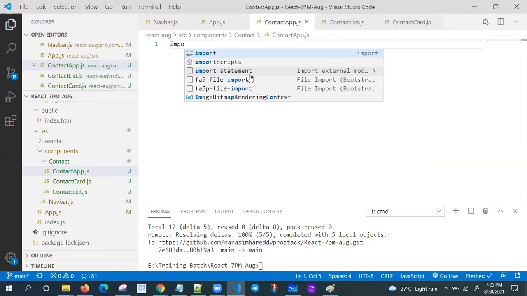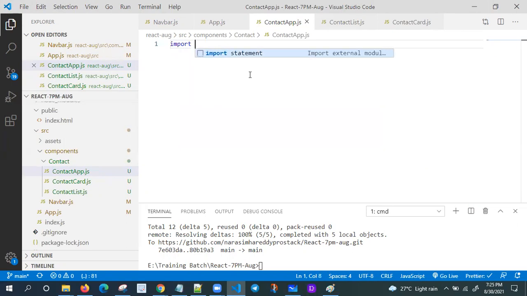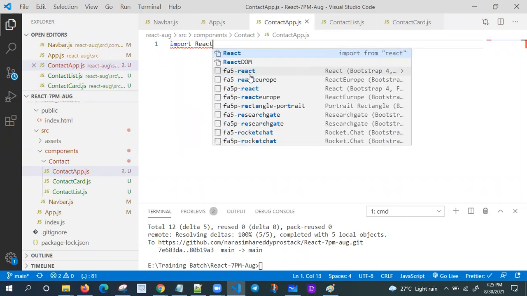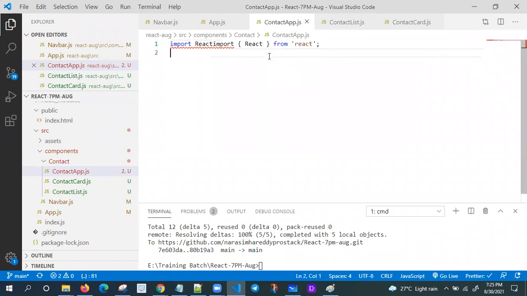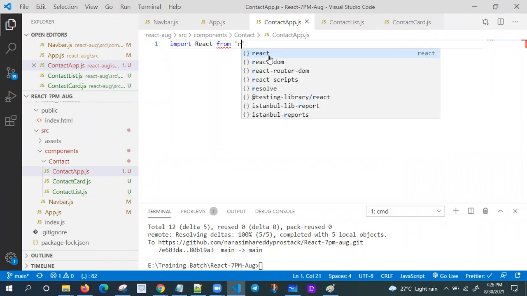Already I gave a small introduction regarding the hooks, right? Now, in production, what is most commonly followed for big applications? Before 16.8, all were using classes only. Now people are slowly migrating to functions only. So once you are comfortable with functions, it is easy for us. Import React from React.